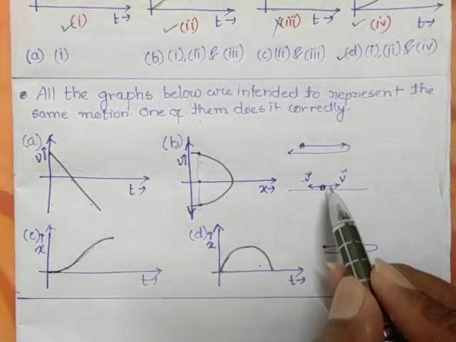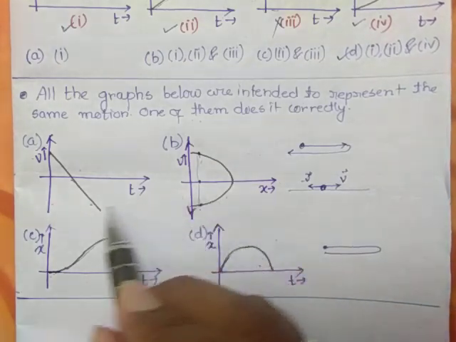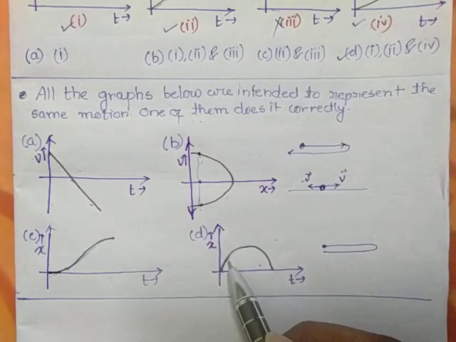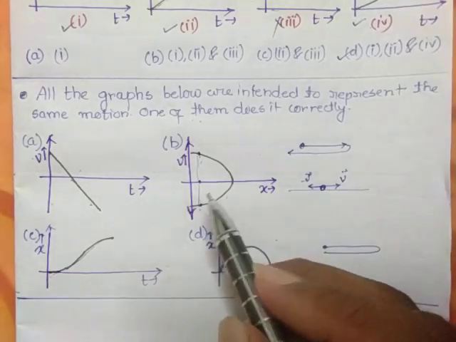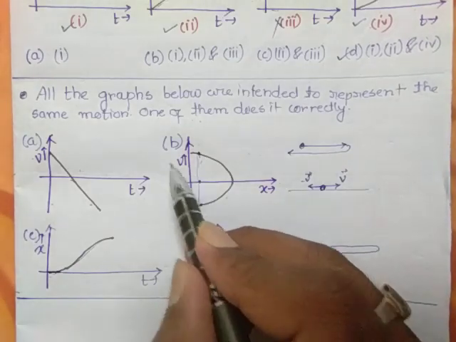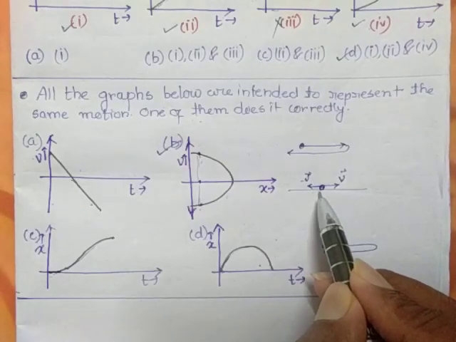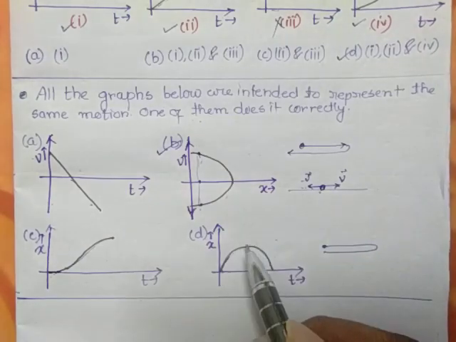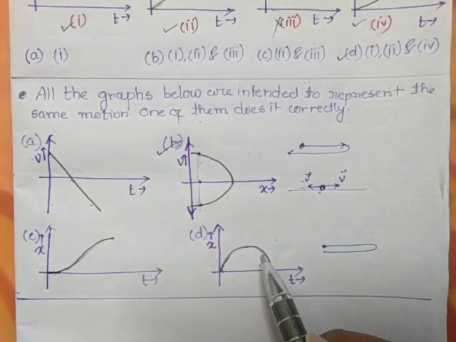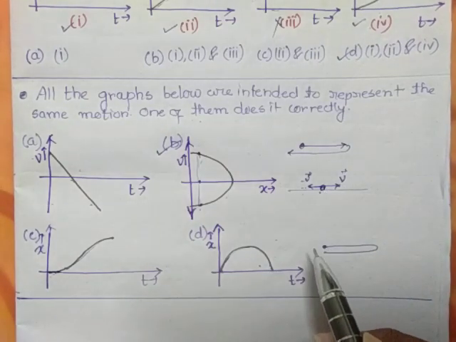If the particle cannot execute the motion, it will be at rest, so it does not represent the motion of the particle. So A, C and D represent the motion of the particle, not the same motion but something like this, but this one does not represent the motion, because at a particular position the particle cannot have equal and opposite velocities acting on it. It is not possible. Then the particle cannot move at that particular position.